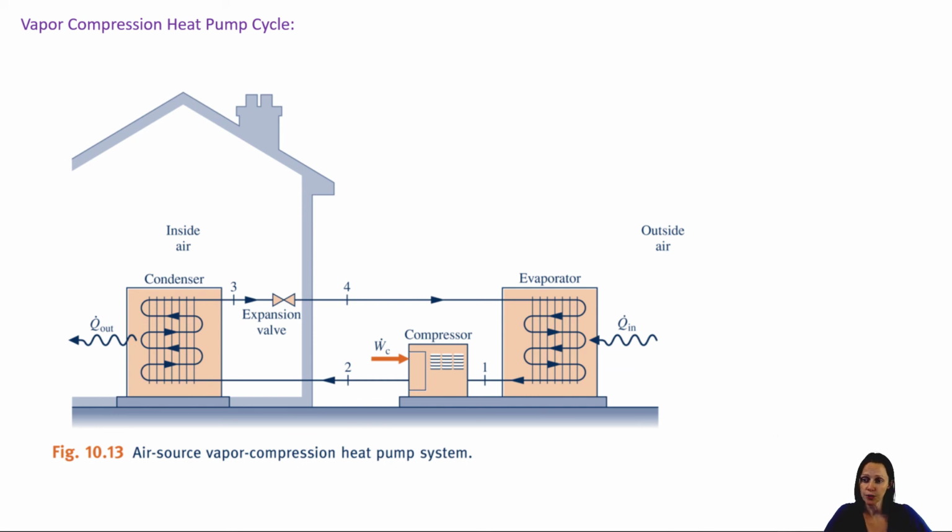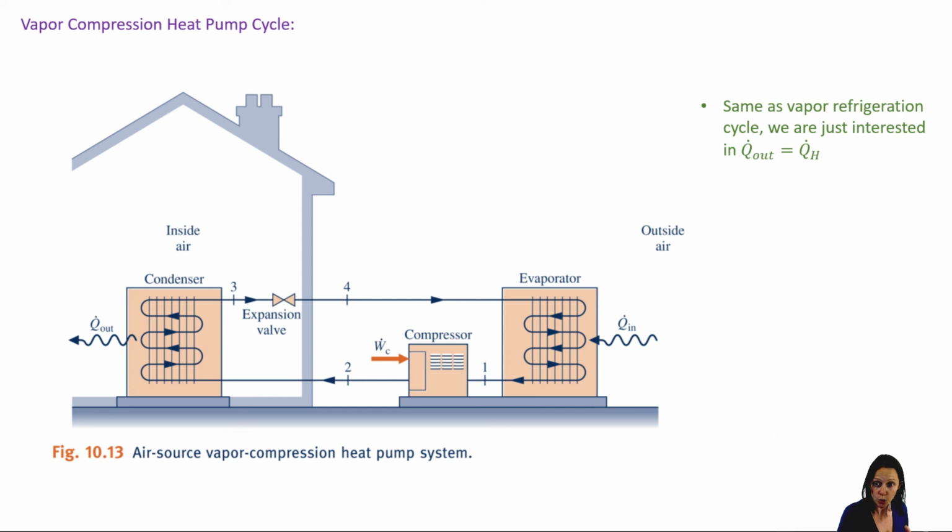All right. A vapor compression refrigeration or a vapor compression heat pump cycle does the same thing. So if you look at your diagram here, you've got all the same components. You've got two heat exchangers, an evaporator and a condenser, you've got a compressor, and you've got an expansion valve. So it's the exact same cycle, it's just you're interested in Q dot H or Q dot out, what's going in to heat your house,